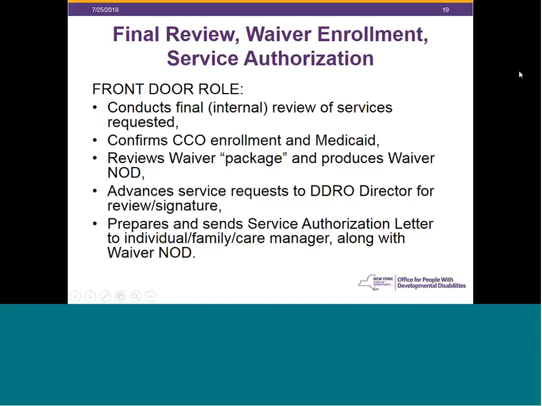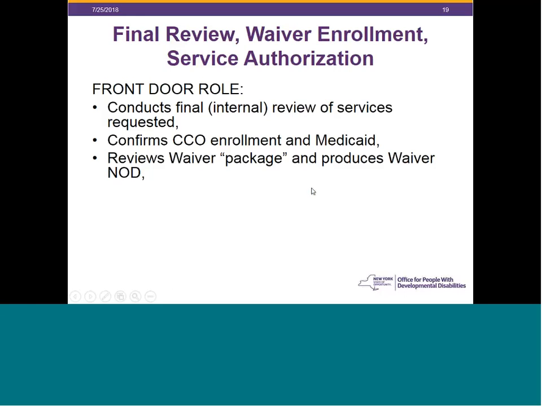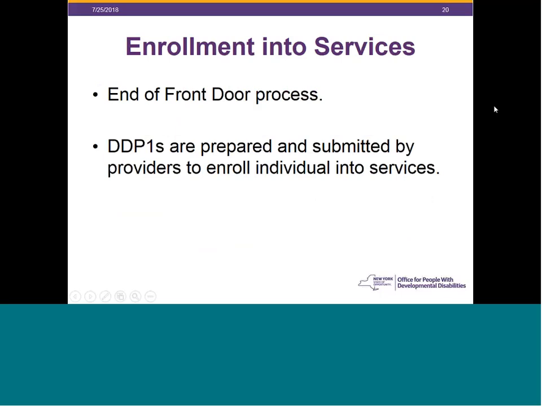This is the time at which we would produce the waiver NOD, and we would send that to the individual and the family and the service coordinator, and advance the service request to the RO director for final sign-off, and then we would send the service authorization letter and the waiver. This is where we send the waiver NOD to the individual, family and care manager. And that is effectively the end of the front door process.